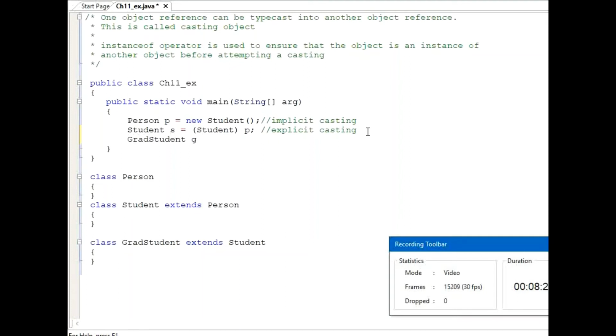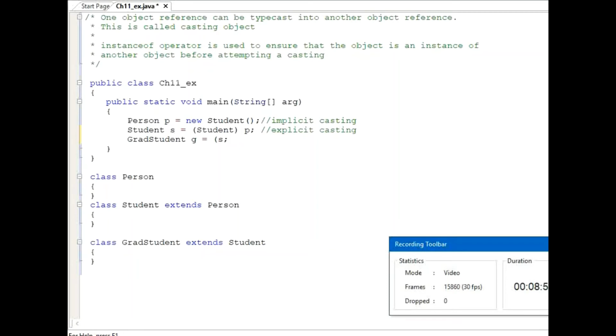Let's say G equals, I would like to assign it to the one we just created. But I know that S can't be assigned. S is the object which is pointing to the student class. I can't assign it to a grad student.